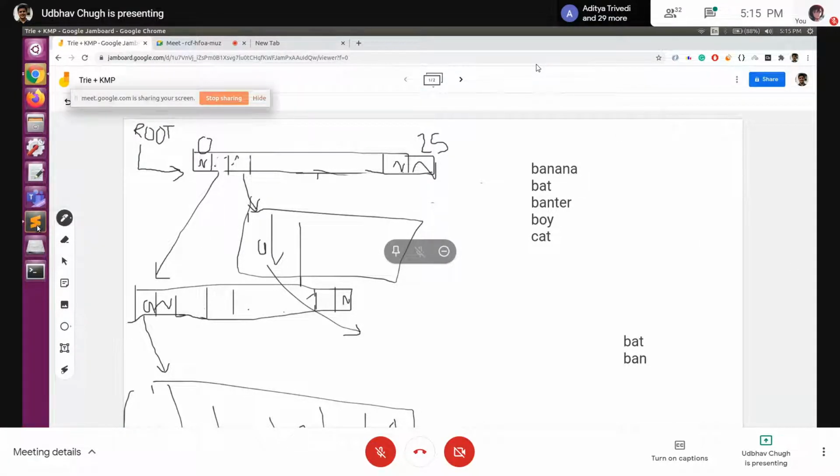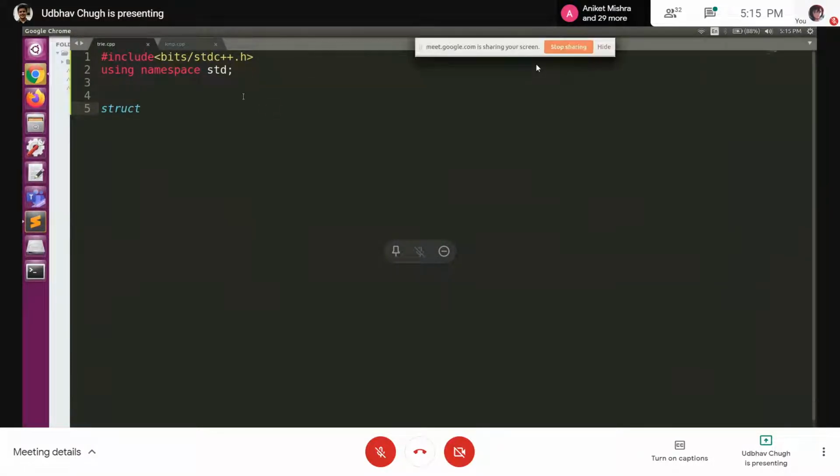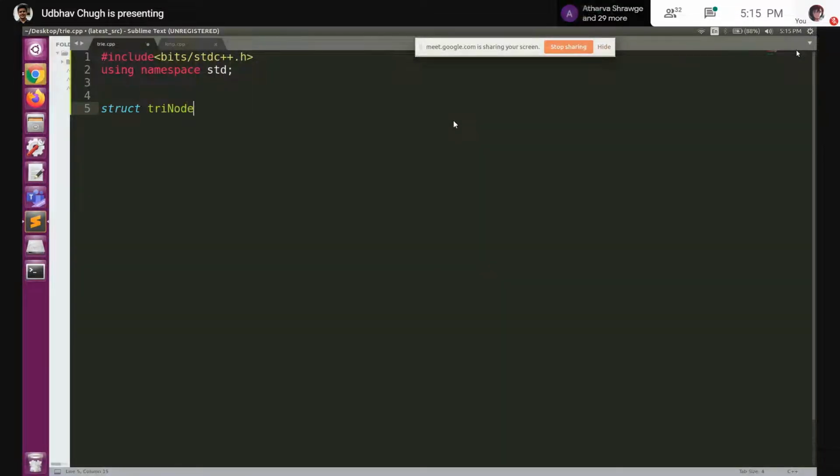To understand this better, I'll try to code it, and it will be more intuitive, I think. I declare a trie node, and like I mentioned, we'll have a pointer array of size 26.